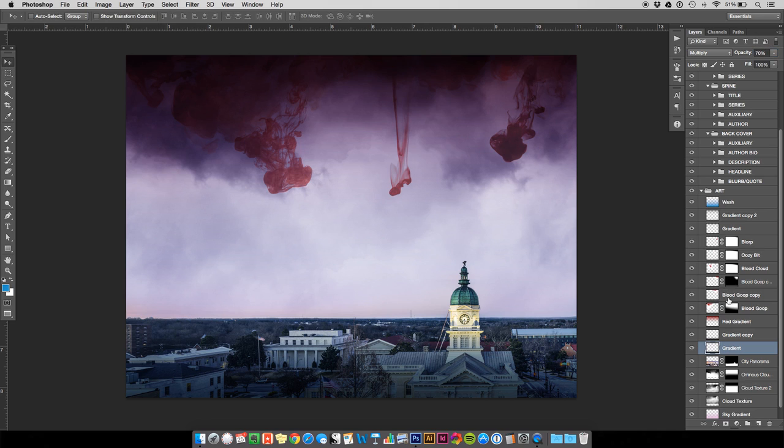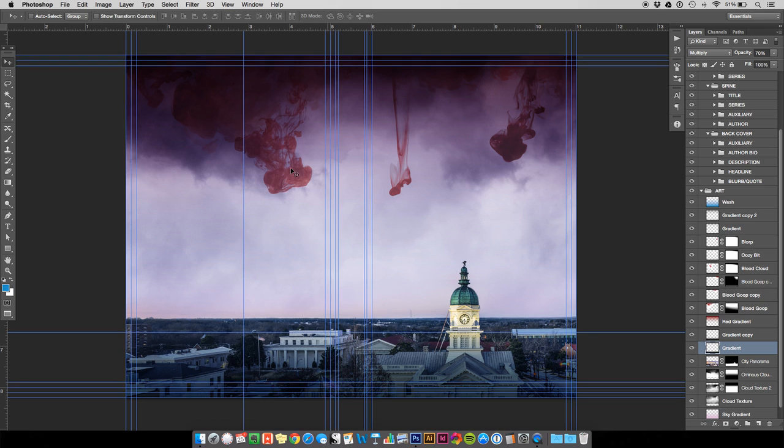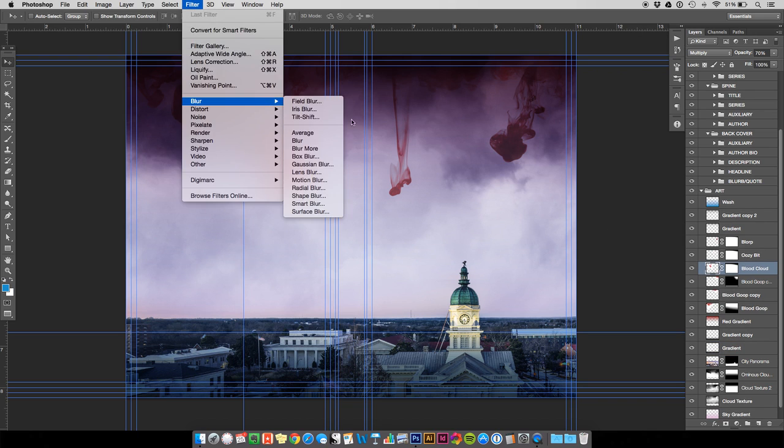Now, I'll point out one thing that's sort of bothering me the more I look at this, and it's the blood cloud right there. It feels a little too crisp around the edges, whereas our clouds of blood behind it feel a little bit more distant, a little softer. So I want to take our blood cloud, I'm going to blur it just a little bit